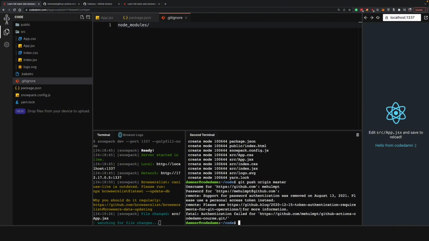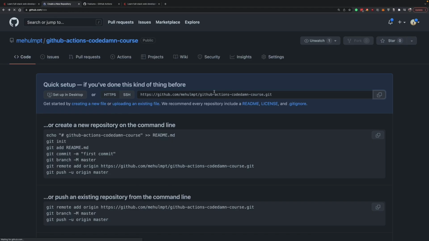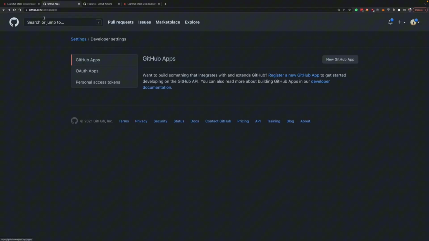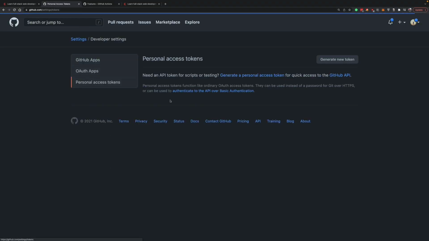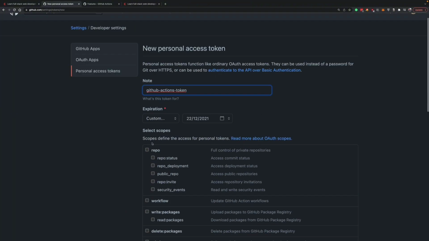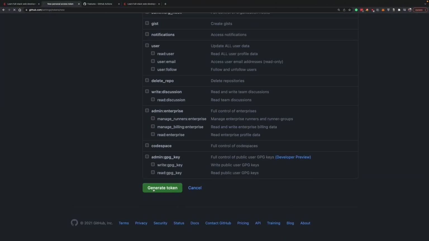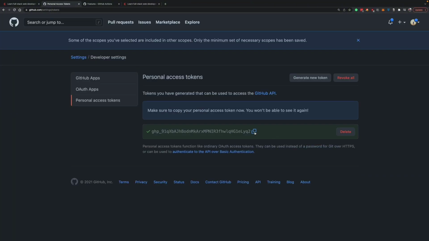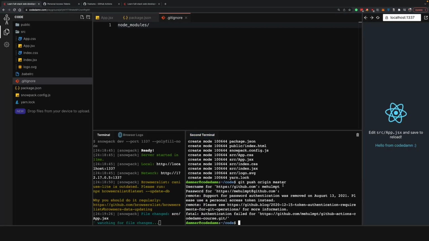And apparently GitHub has removed the support for password-based authentication. So what we can do is go back and, in the GitHub settings apps, create a personal access token just for this use case. And I'm going to, of course, remove this just tomorrow, so that it's not misused. I'm just going to say this is GitHub Actions token, right? Make sure you select the repo access so that it is able to access all your repositories. Copy this token right here and remove